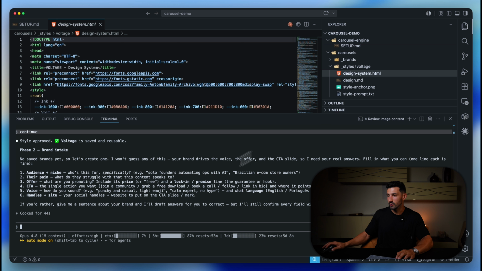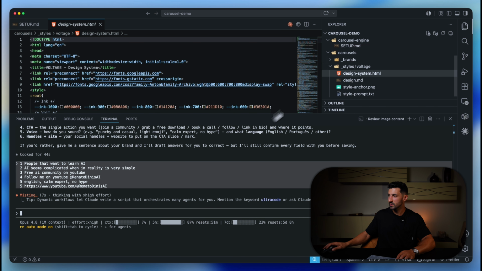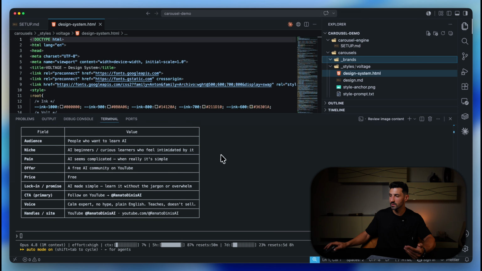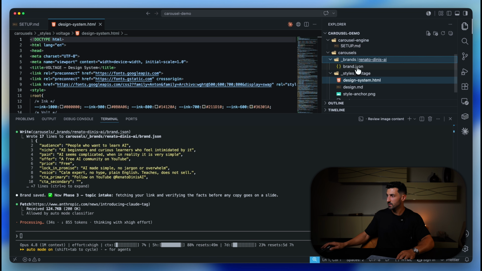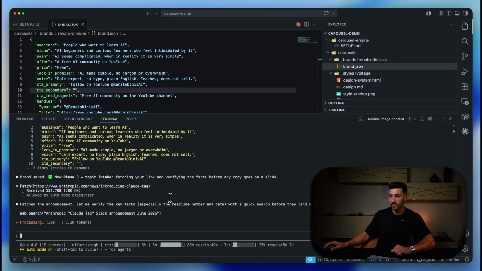So let's go back to Claude Code. It's asking us this question. I'm just going to fill in my values. So I went ahead and filled my values. And while it's generating, we can see here that the brands is empty. So the brands is going to create a new file here. You can see that it created the brand.json, with all the information that we gave for our brand, and it's now